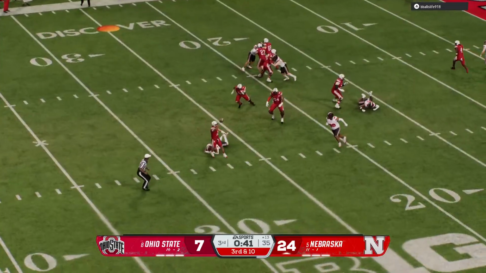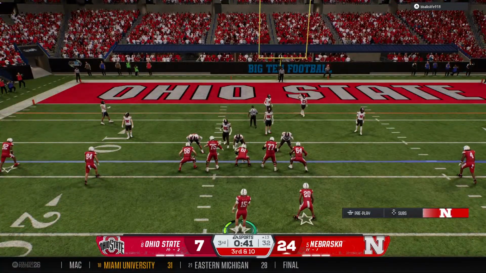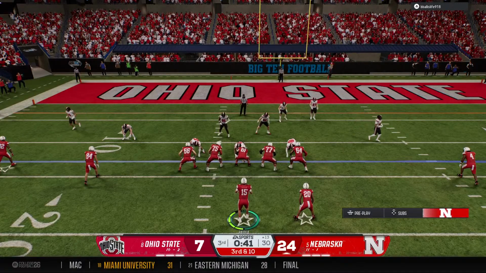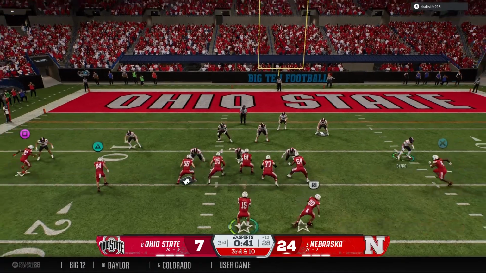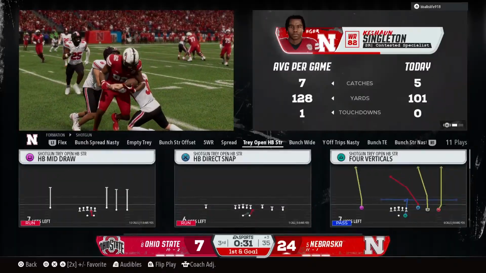Brings up 3rd down. Man, the defense took everything away from him. What do you expect him to do? He can't force the ball into traffic and potentially throw the interception. Does a good job of getting out of the pocket away from him. But that's enough for a 1st and goal.